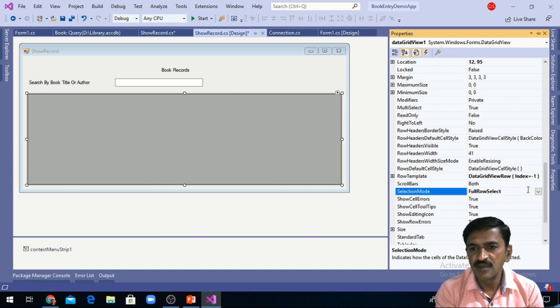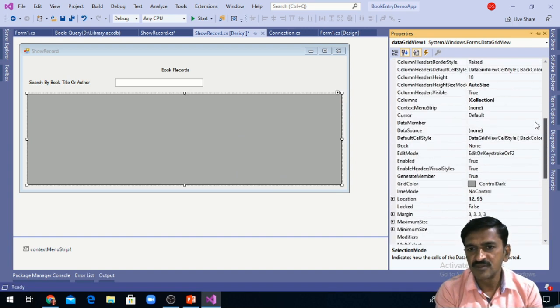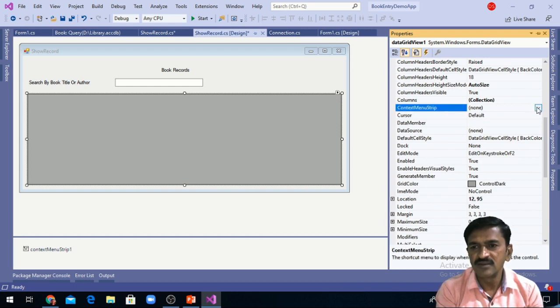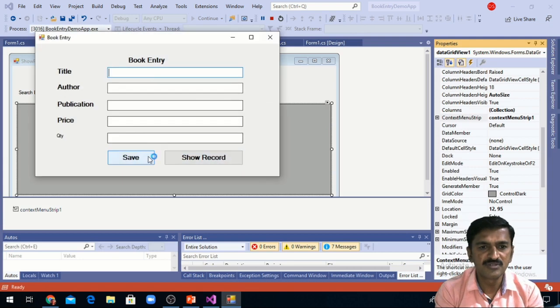Then I am finding the context menu strip property. So here is the context menu strip property. When I click on the drop down button, I can find the context menu that is designed on this form. After this, the context menu will be displayed.